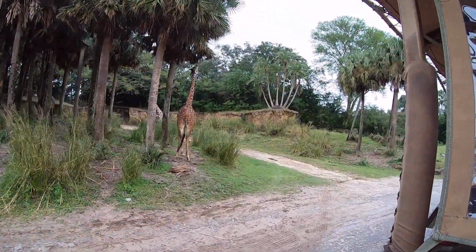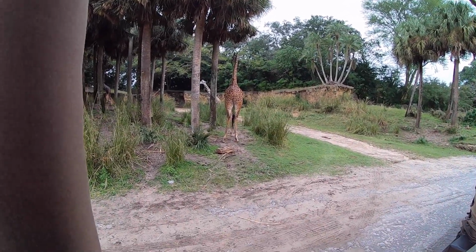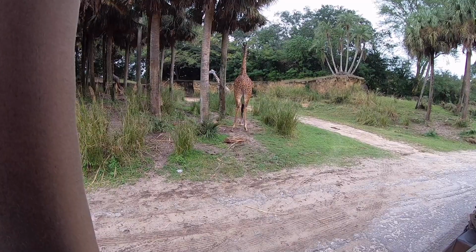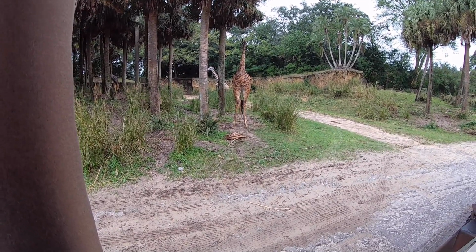So if you caught a glimpse of their tongues here as they're browsing around. A giraffe's tongue is prehensile. It's used like a hand, wrapping around plant life pretty easily that way. It's about 18 inches long. So if you were a giraffe, your tongue would most likely be the length from your elbow to your wrist,